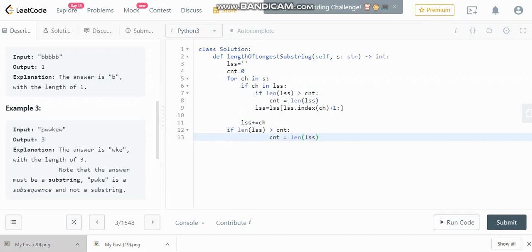And after doing that, if everything is okay, we will just return the count. Let me check whether I have made any syntactical mistake.